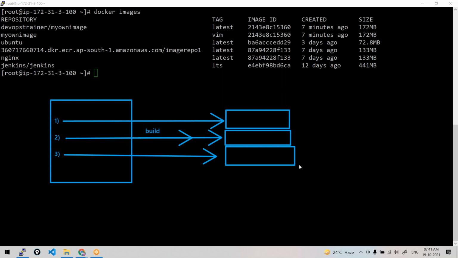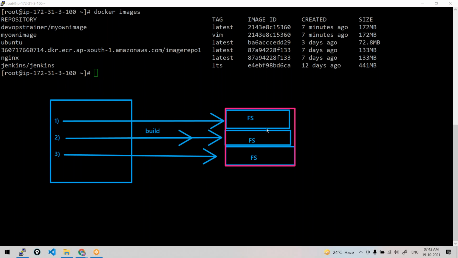These are all different file system layers. All these file system layers will be stacked one above the other, which makes your image. So what is your image? Till now we were talking about images, but we didn't talk about what is present in your image. An image is nothing but a stack of file system layers piled one above the other.